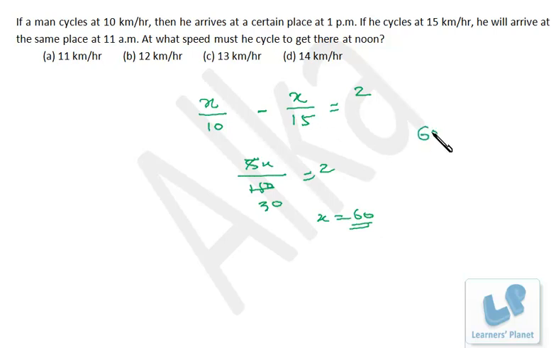Now the distance he has to cover is 60 kilometers, and the time he has is 5 hours. Now that's 60 by 10, that's 6 hours over here, and 4 hours over here. So 12 noon is in between, so it's 5 hours. So the speed is 12 kilometers per hour, right? No need to go for any sort of shortcut, because that would take even more time if you start thinking for a shortcut, because the calculation and the concept, both of them are really very simple. Okay, so the answer is 12 kilometers per hour.